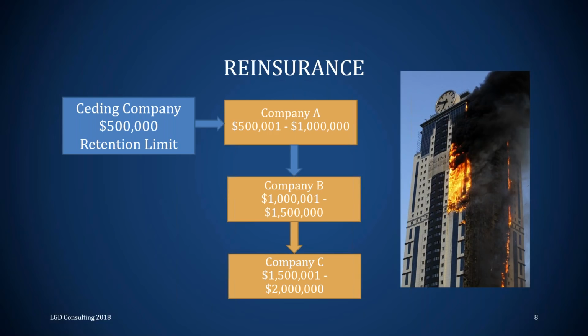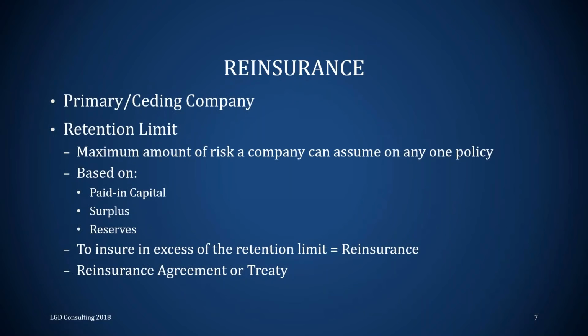Okay. Yeah, you can have as many reinsurance companies as you want on a policy, and a lot of times these reinsurance agreements or reinsurance treaties are in place before this company meets with a client. Okay, so if there's a major loss, this first ceding company doesn't go bankrupt because they handled the whole risk by themselves. They're sharing it and spreading the risk. So that's kind of how it works.